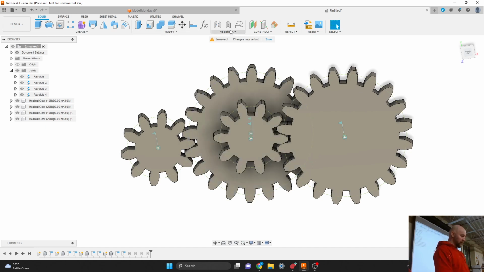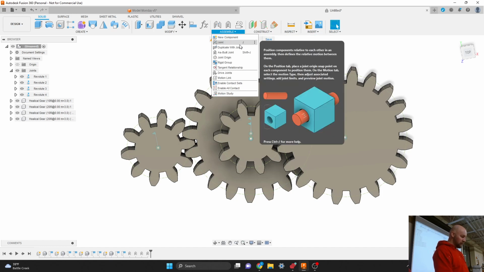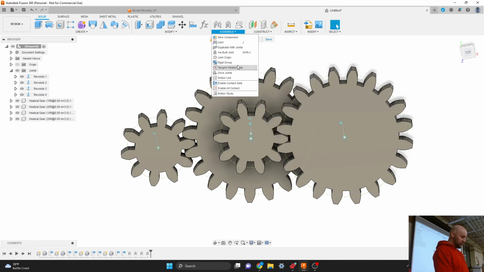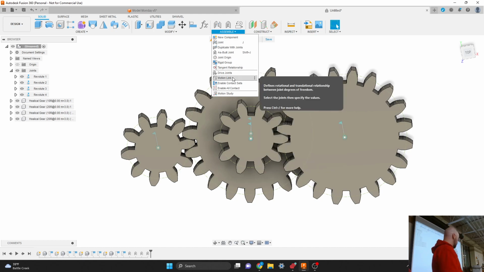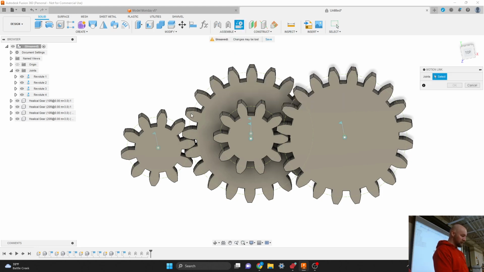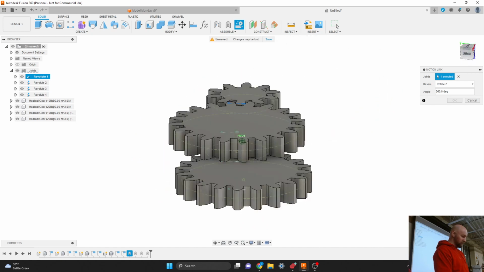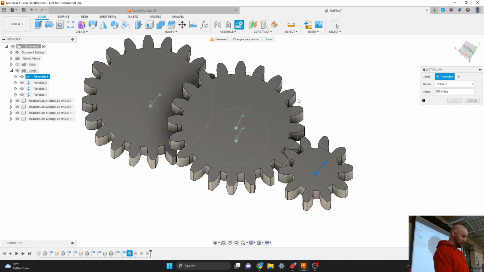So if I click on assemble and then choose, I'm blanking on it, motion link. I want to link the motion between some joints. As I was saying, you probably should name these joints. I'm not going to do it right now because that's a lot of naming, but it's probably a good practice. All right, so if we click on our first joint, and then our second joint, which for me is on the other side of this,